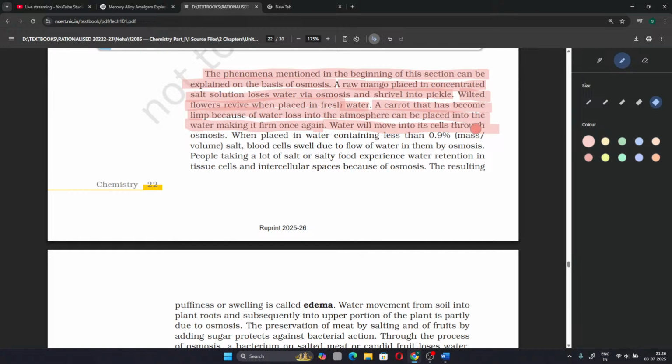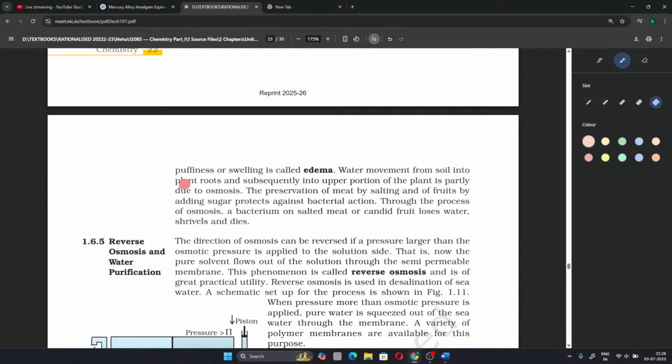Water will move into cells through osmosis when placed in water containing less than 0.9% mass by volume salt. Blood cells swell due to flow of water in them by osmosis. People taking a lot of salt or salty food experience water retention in the tissue cells and intercellular spaces because of osmosis. The resulting puffiness or swelling is called edema. Okay, fine, this is a condition. We saw bends and edema here in two disorders or two conditions, where people who take too much salt will have too much salt concentration. This will create a hypertonic